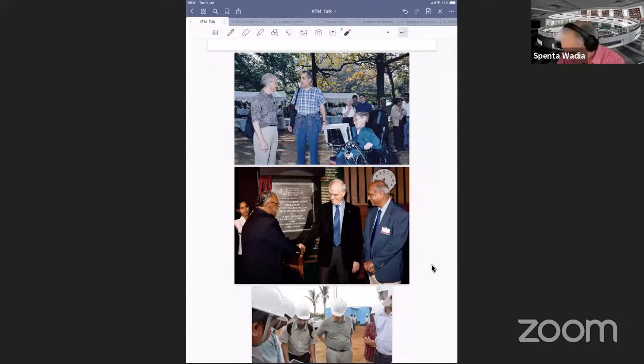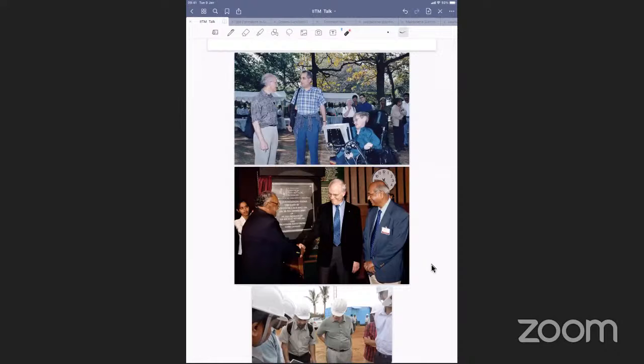I don't have those photographs, but in these times of COVID, I could assemble a few pictures of David's association with India. The first picture, of course, is a picture in the almond grove of the TIFR Mumbai campus during Strings 2001. You all recognize the three gentlemen there. That was a great meeting we had, organized mainly by Atish, Sunil, and myself. And it was David Gross who basically said, let's get Stephen. It took a bit to get Stephen, but he came, and we had this magnificent meeting there.